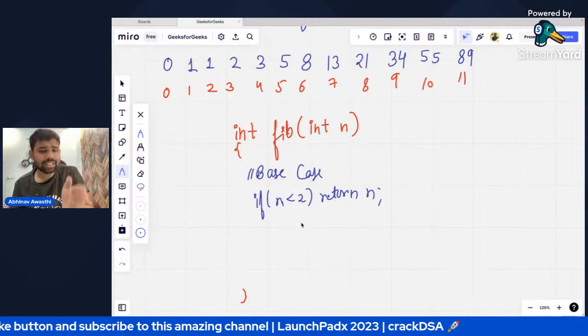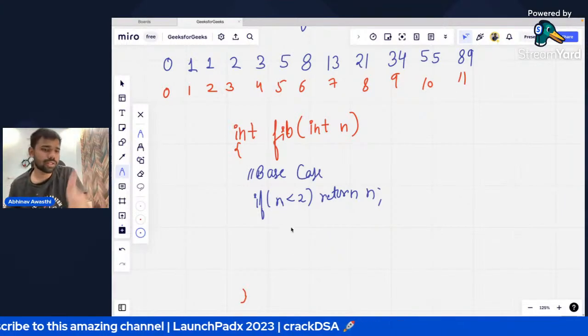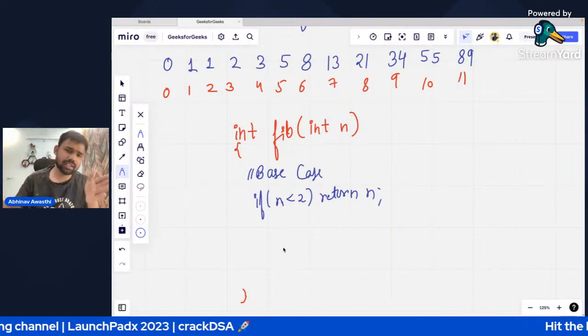Means if n is 0, return 0; if n is 1, return 1. So if n is less than 2, return n.